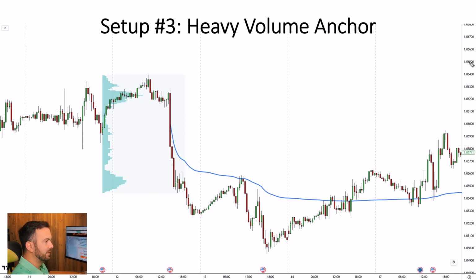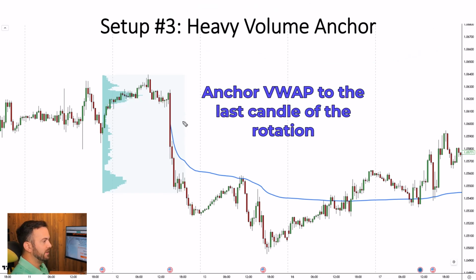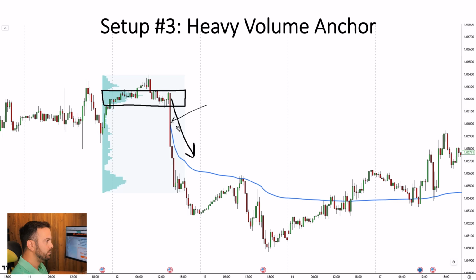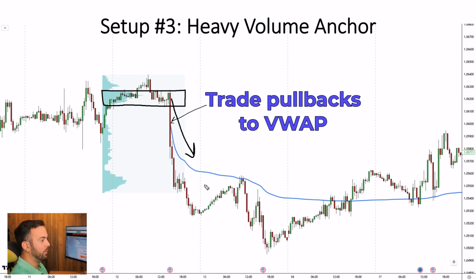So that means you want to anchor the VWAP to that candle, to the last candle of the rotation, which is the first candle of the sell-off usually, right? So it's this huge red candle in this example, that's where you anchor the VWAP, and you trade pullbacks to that, because VWAP represents a fair price since this important place, right? So that means short from here,